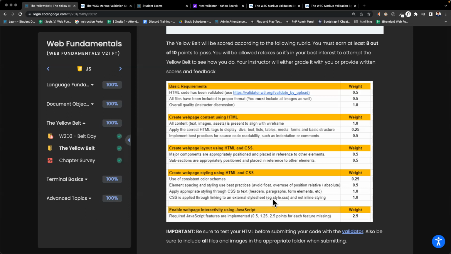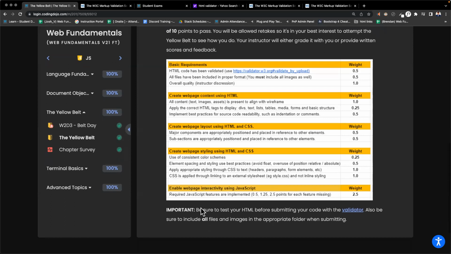That's an easy one. And lastly, worth 2.5 points, a heavy one, is JavaScript. All right. So there's going to be 3 JavaScript features, and each feature is worth a portion of the points.